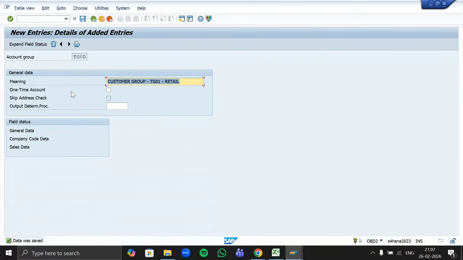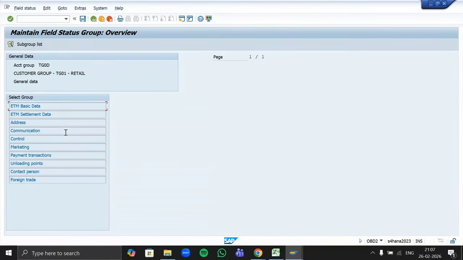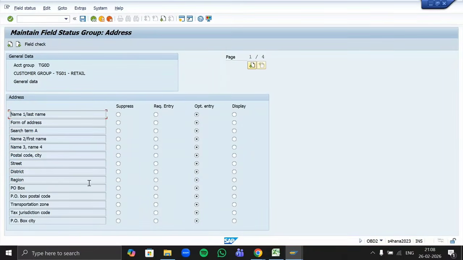Now if you want to customize your fields related to customers, whenever you post any transaction for the customers, you can see here the field status is given. If I click on general data, it will give me the fields related to our customers. You can make a field optional, required (mandatory), suppressed, or just display.